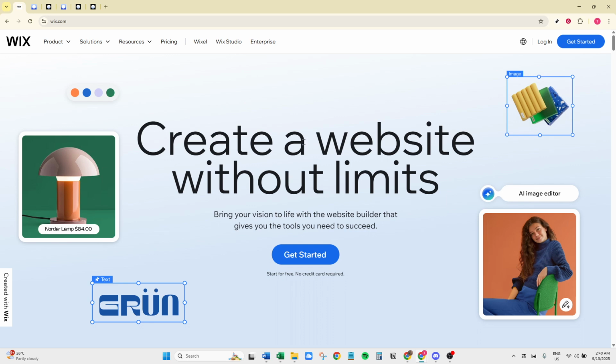First, head over to Wix's official website. You can do this by entering their URL in your browser's address bar. Once you're on the website, you'll need to either create an account if you're new to Wix, or simply log in if you already have one. If you're logging in, ensure you have your account credentials handy. If you're creating a new account, follow the straightforward sign-up process. It's essential to have access to all your website features, so make sure this step is complete before moving on.